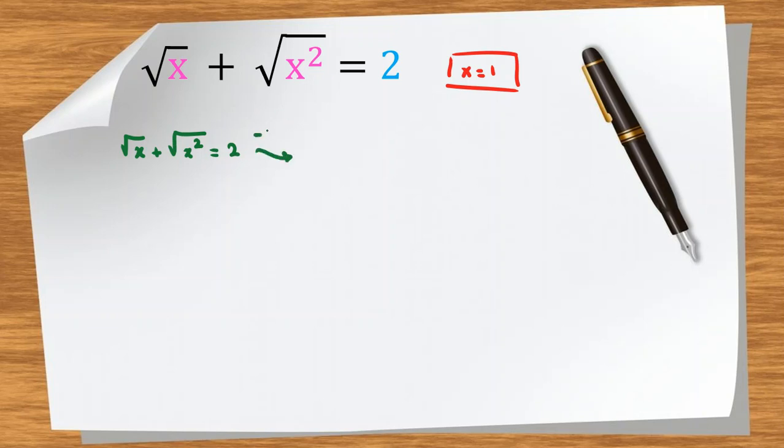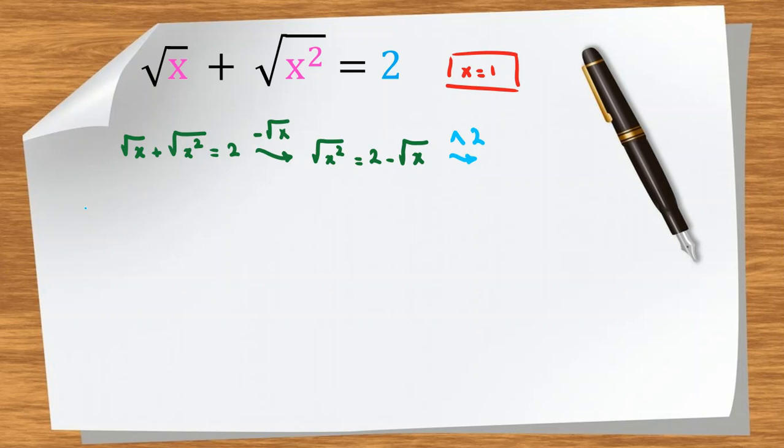We want to raise to the power of 2, so it means that we subtract square root of x from both sides. So square root of x squared equal to 2 minus root x. Now, in the next step, we raise both sides to the power of 2. So on the left hand side, we have x squared,